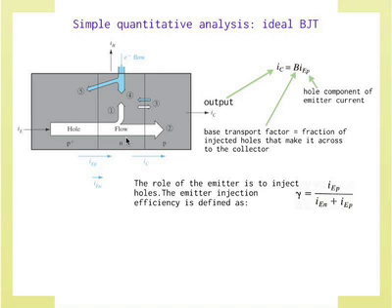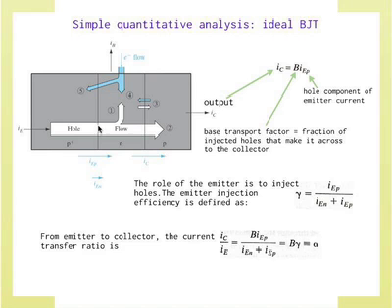Then we have to define a hole injection efficiency from the emitter side, which is essentially the fraction of the hole current divided by the total emitter current. So basically it is this component as a fraction of this plus this. The forward bias P injection. So the emitter to collector, so I just wrote here, is essentially